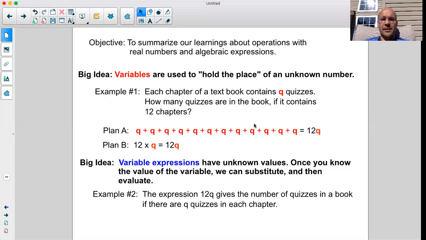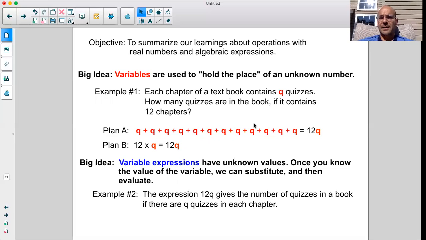But once you know the value of the variable, then you can do some things we've done in class. We substitute the values in for the variable, and then we can evaluate an expression. If it doesn't have a value, we can't evaluate it. But if we have all the pieces of the puzzle, we can come up with the value for the expression, call that evaluate. So the expression 12Q gives the number of quizzes in a book if there are Q quizzes